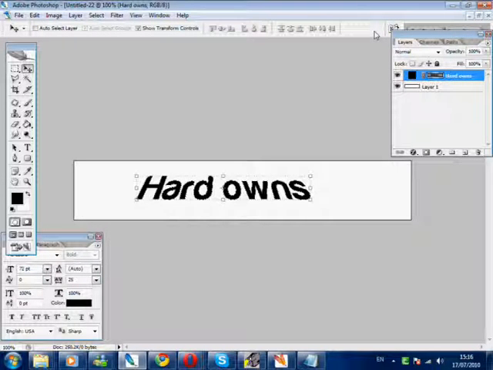Now what we want to do is create the 3D drop down effect. Now when creating 3D text, a lot of people will do it in another program. A lot of people will use Illustrator or another 3D rendering program. But what we're going to do is hold Control and Alt, then press up on our arrows about